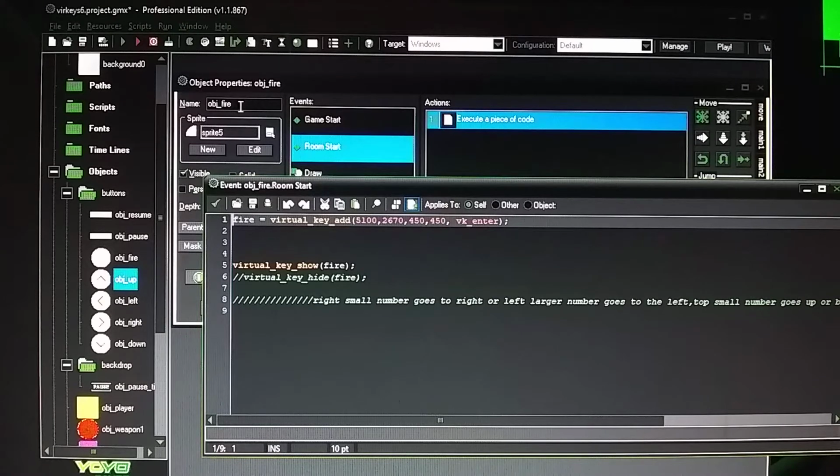I labeled this object fire for the object button. The virtual key is called fire equals virtual key underscore add. And this right here, I have it 5100. I talked about right here, the right small number, so goes to the right. So if this number right here is smaller, if this is like 500 instead of 5100, it's going to go to the right. So the virtual key, the square virtual key is going to go to the right on screen. So I actually want it to go